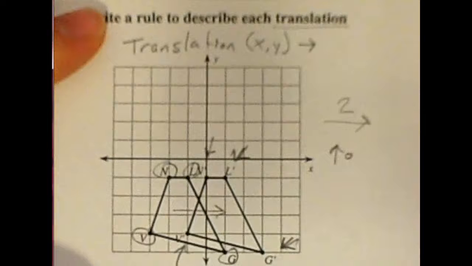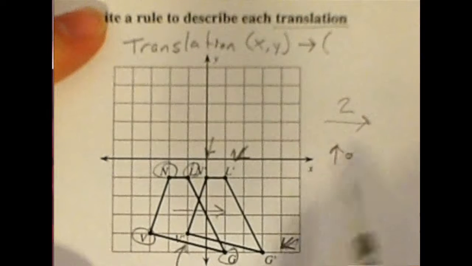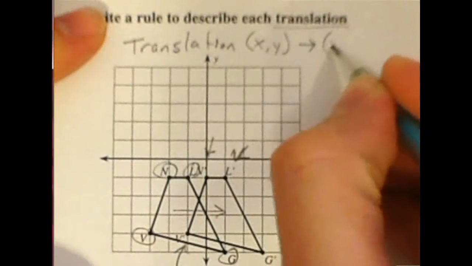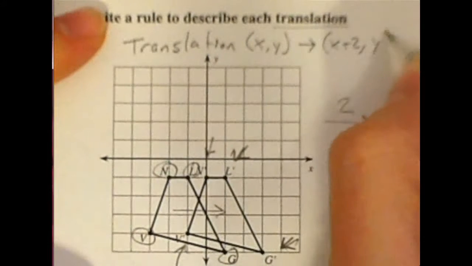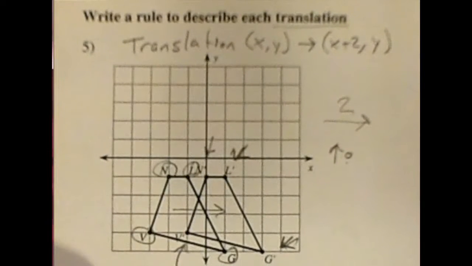Now, up on top we said translation xy is going to go 2, and this is where we use what we found here. We moved over in the x 2, so we're going to say the new position is x plus 2, and since we didn't go up any, we're just going to write y, which is the same as saying y plus 0. So when we're writing out our rule, we first say that it is a translation because it slid over. We go xy initially, and we have an arrow to our new spot, x plus 2,